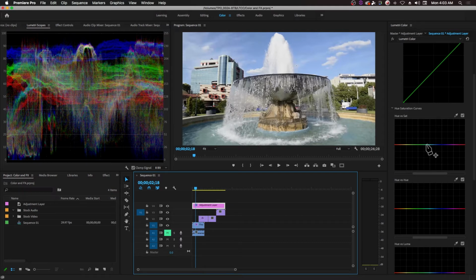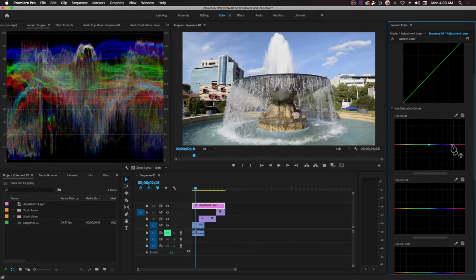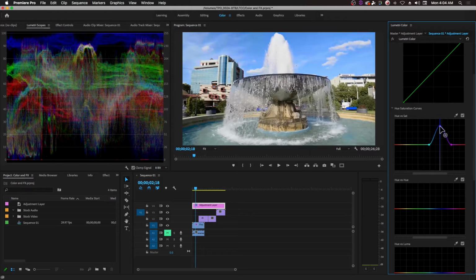So if I'm going to go here to the hue versus saturation, if I want the sky to be desaturated, I'm going to place node points on either side of the blue values in the curve, and then I'll place a node in the middle of the blue that I want to affect. Now when I click and I'm still holding the button down, you can see that at the top it gets more and more saturated blue, and at the bottom it gets closer and closer to just plain grayscale. So if I move it up towards more blue, you can see that the sky increases in saturation,